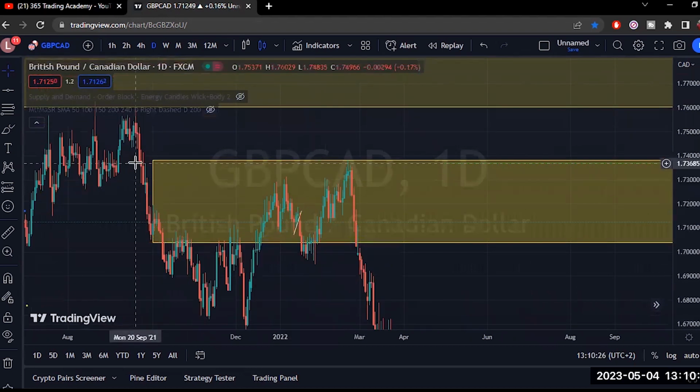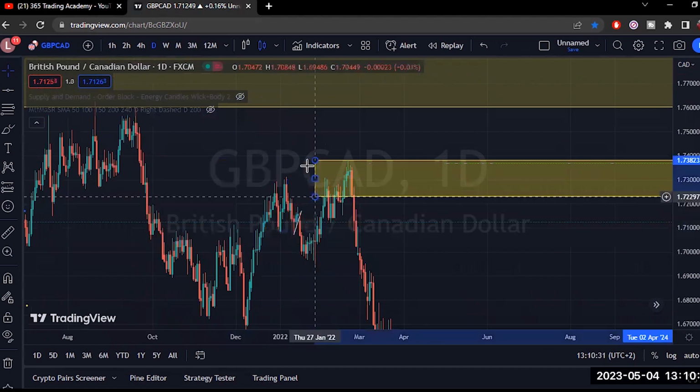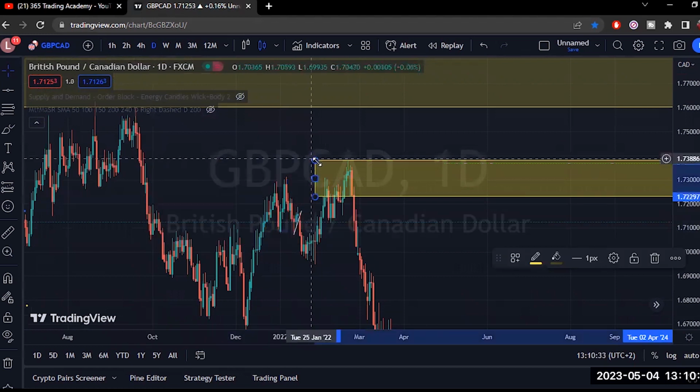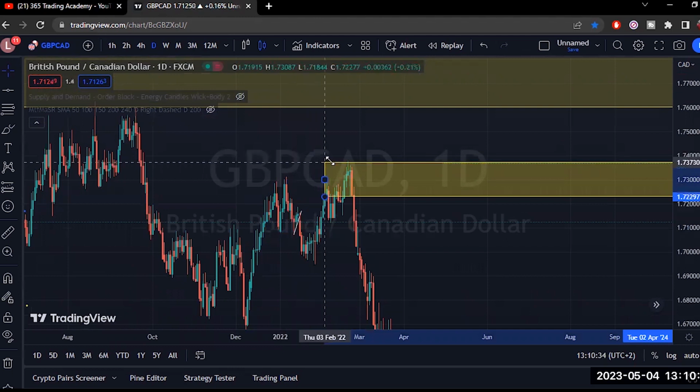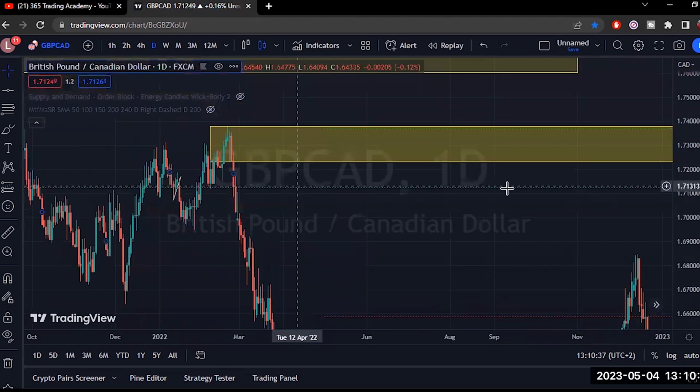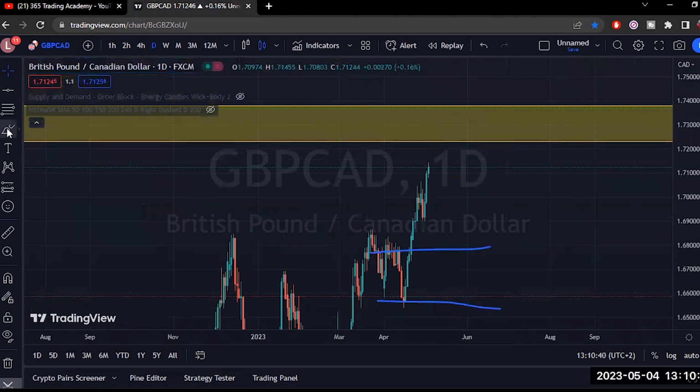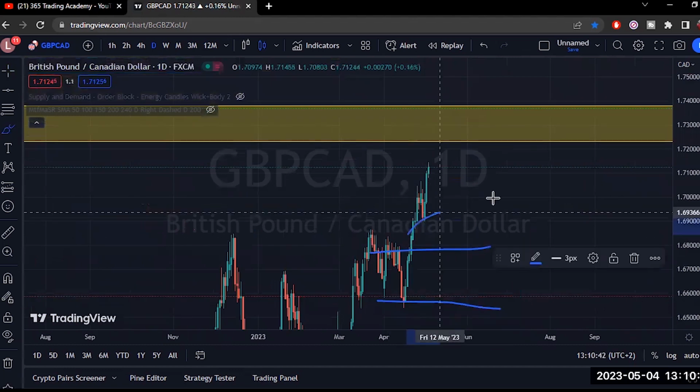This supply is no longer in charge. This was broken. And on that weekly time frame, which was that monthly supply, weekly supply, this is all we have to think about and consider on the daily time frame, right? So you can see why there's already a moving average support here, right?